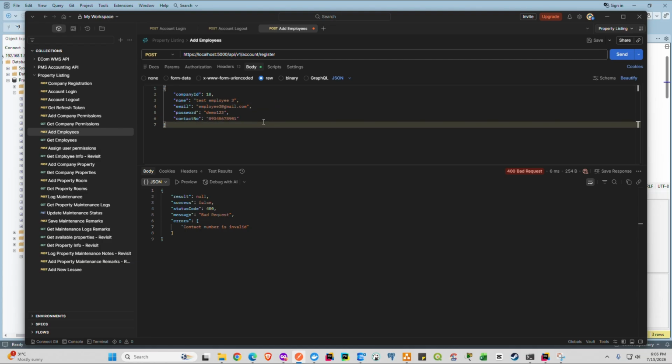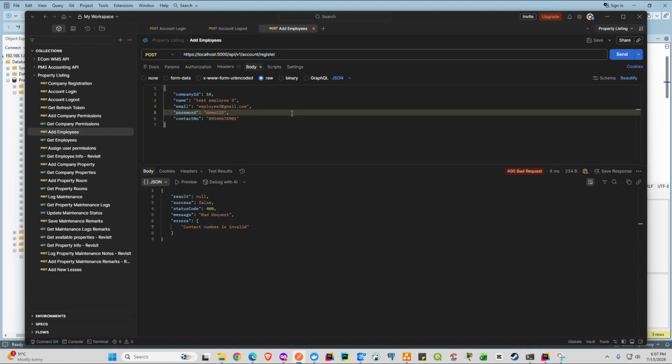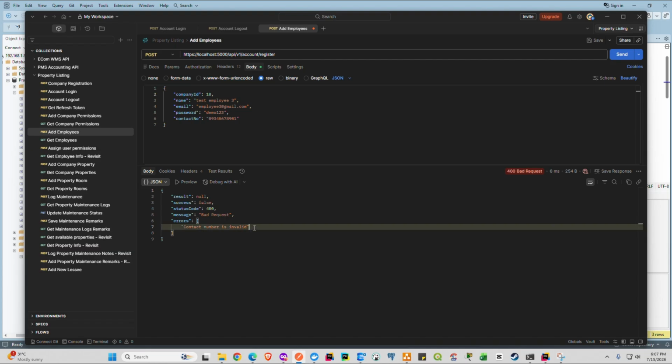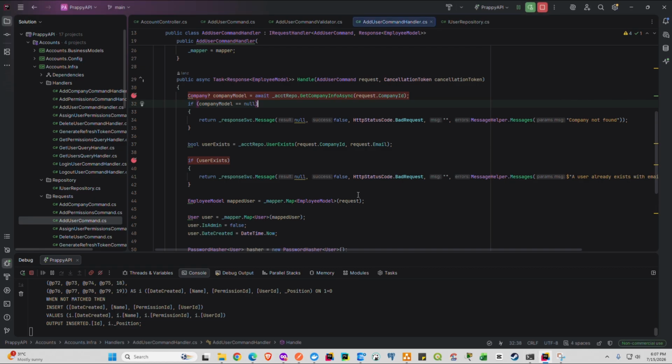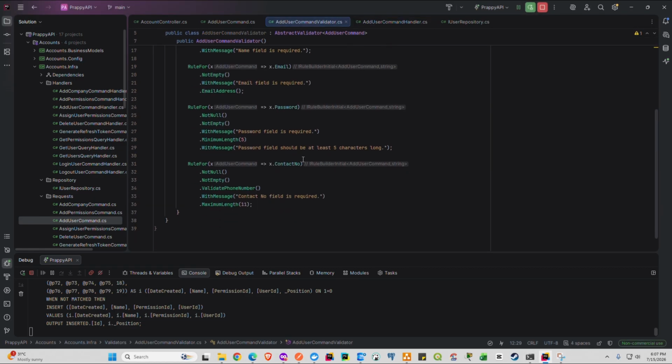So if we put a valid ID here, what will happen now is we should be able to hit the endpoint via the backend and then start to validate whether this company exists or not. So let's try that. Hmm, contact number is invalid. So wait, 1, 2, 3, 4, 5, 6, 7, 8, 9, 10, 11. So this should work. However, in the validator,